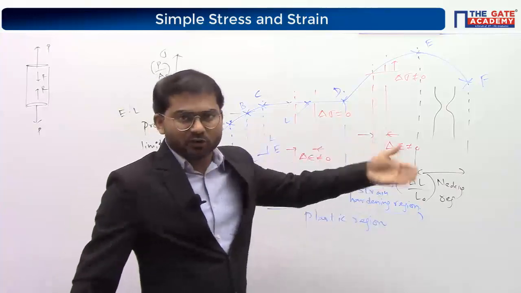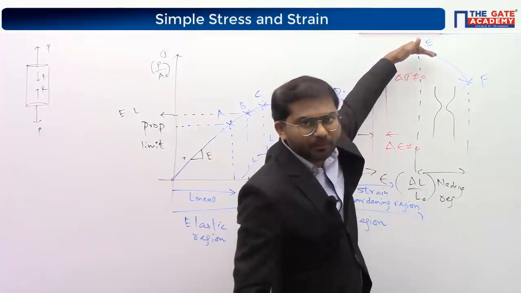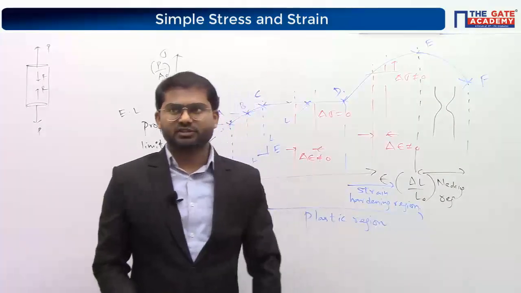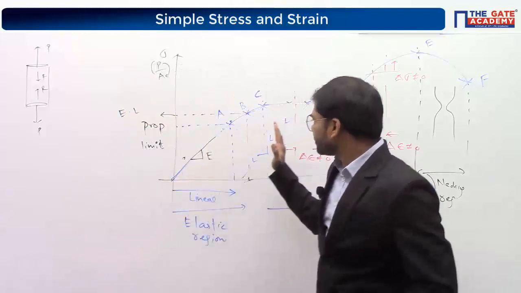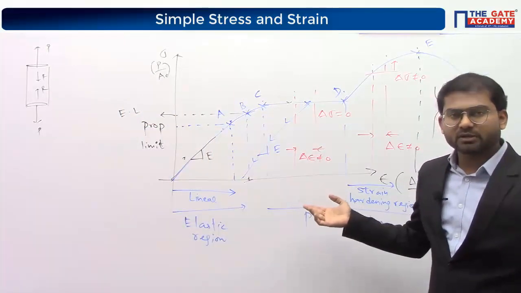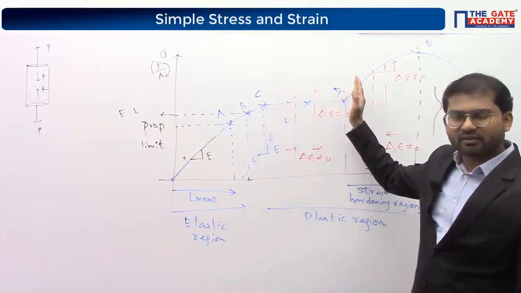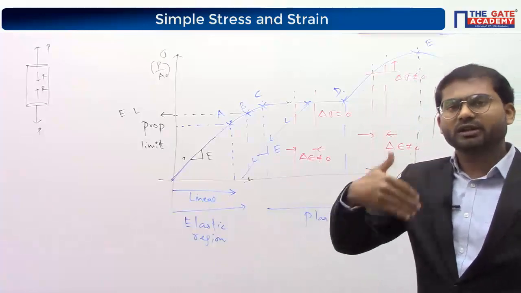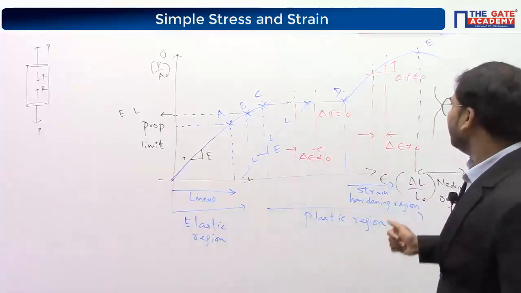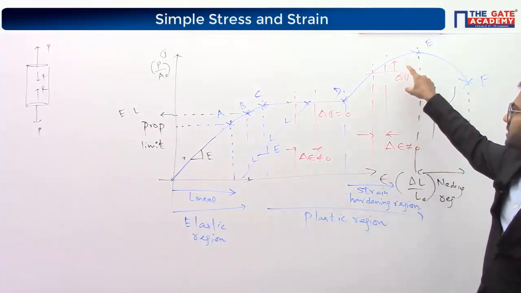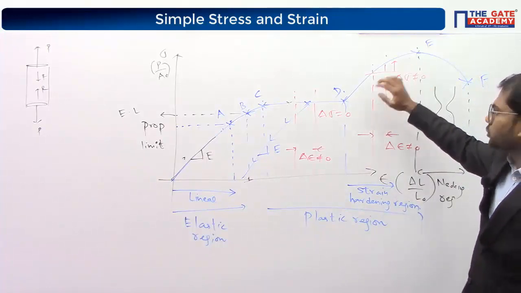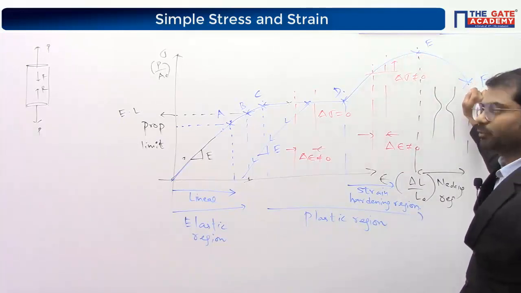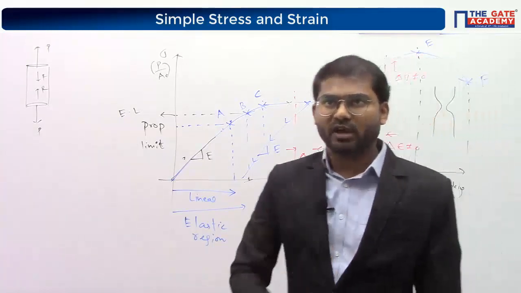So we just observed experimentally that the curve goes to a peak and comes down like this. All these whatever we have drawn are experimental observations. So we observed that at the start of the plastic region, there is no requirement of increasing the value of load or stress. I mean both, because if you don't increase the value of load, it itself gives you the value of stress. But in the strain hardening region, we have to increase the value of stress, otherwise it is not going to be possible. So the curve will go to a peak, but afterwards you will observe that the curve comes downward and fracture happens. This is what we have observed here.